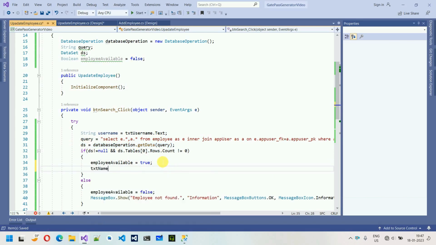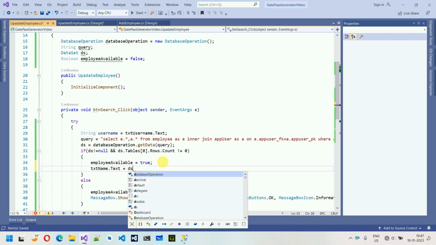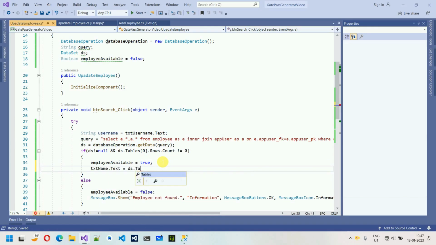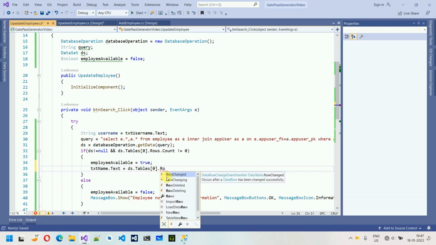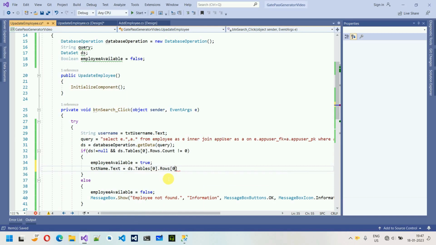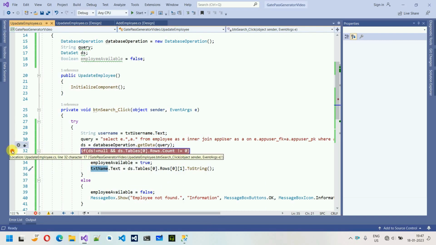So txt name dot text is equal to ds dot tables, inside this one, 0th table dot rows 0, and the column is 1, and just convert this one to string. Okay, so how do we know that at the first index this name exists? To know that, what I am going to do is I'm going to just click on this one, and the